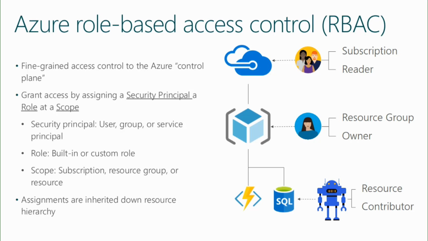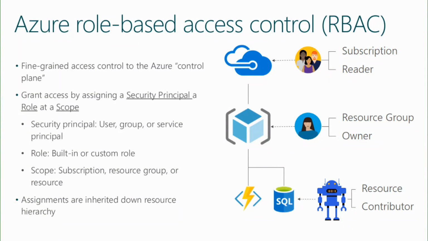You have the subscription level, which allows you access to the overall subscription to create objects within the subscription, including creating resource groups. Now, resource groups have their own set of roles. So you can grant a role within a resource group. So for example, I want you to be able to stop a virtual machine. Well, I can do that at the subscription level, which means you can stop any virtual machine in my subscription. I can do it at the resource group level, which means you can stop only what's in this resource group, or the third level is at the resource level itself. So I can grant that role on a particular resource.